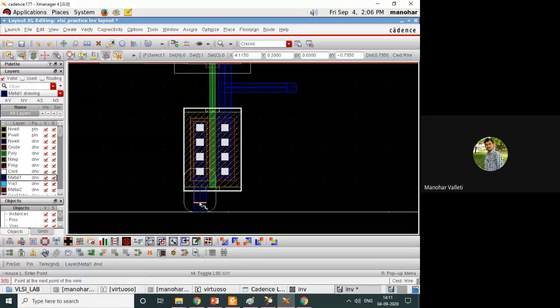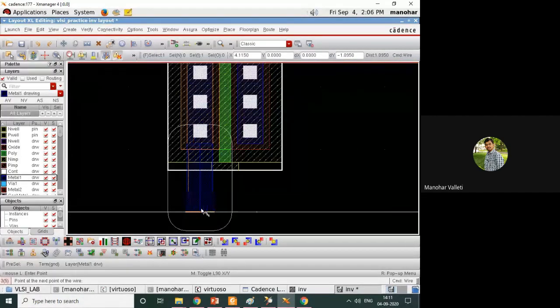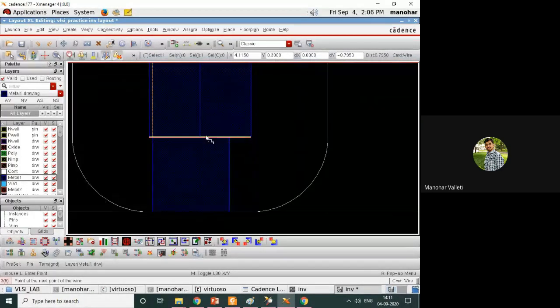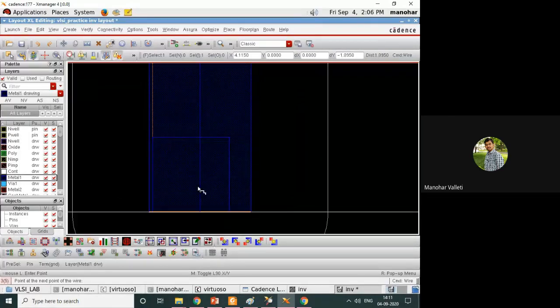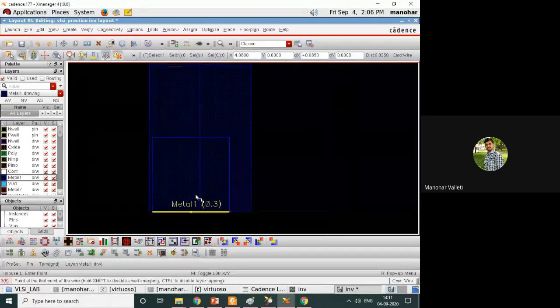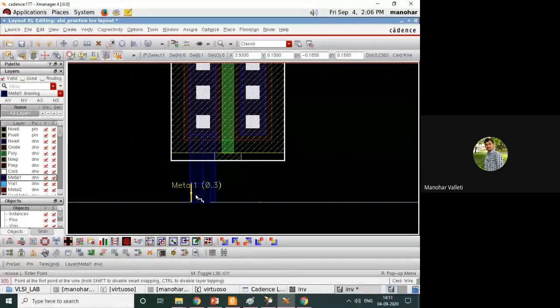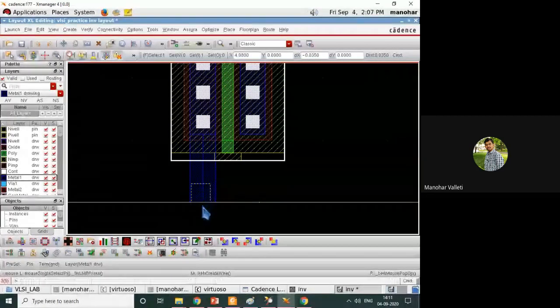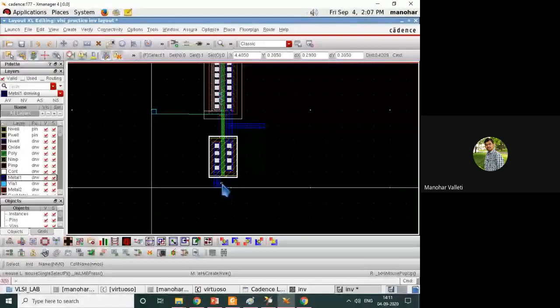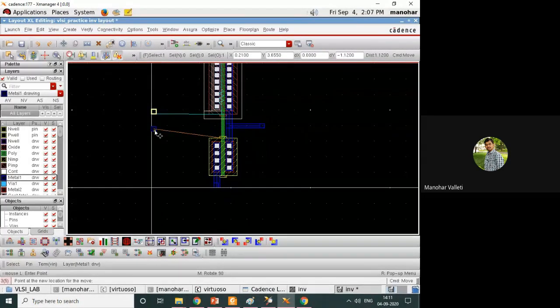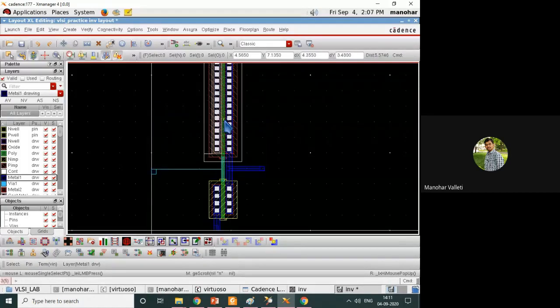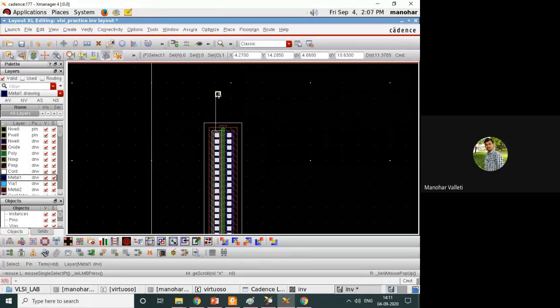So all the way overlap it. You can stop here also, but it is good practice to overlap all the way like this. You just observe here, instead of stopping at this ground pin, stop all the way here. So escape again. The ground connection is done. In the same way, the input. I'll come to the input later.